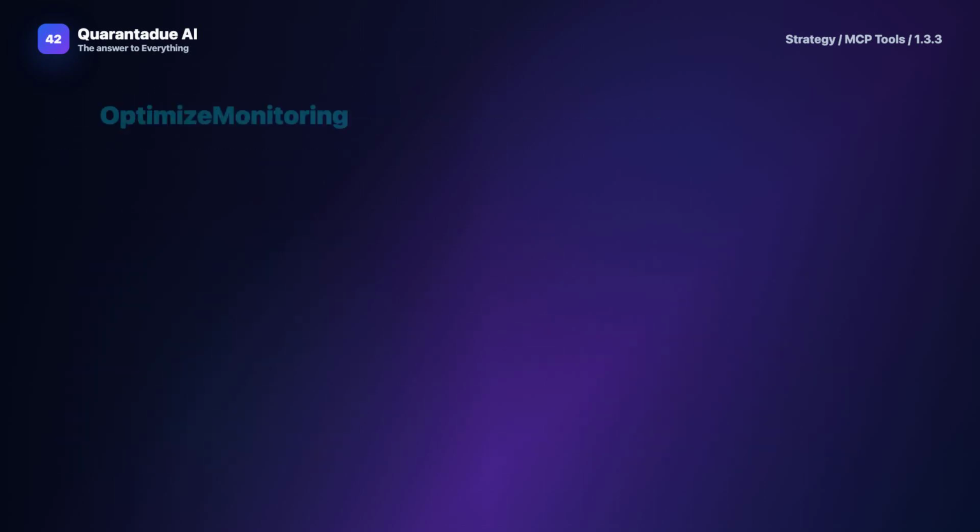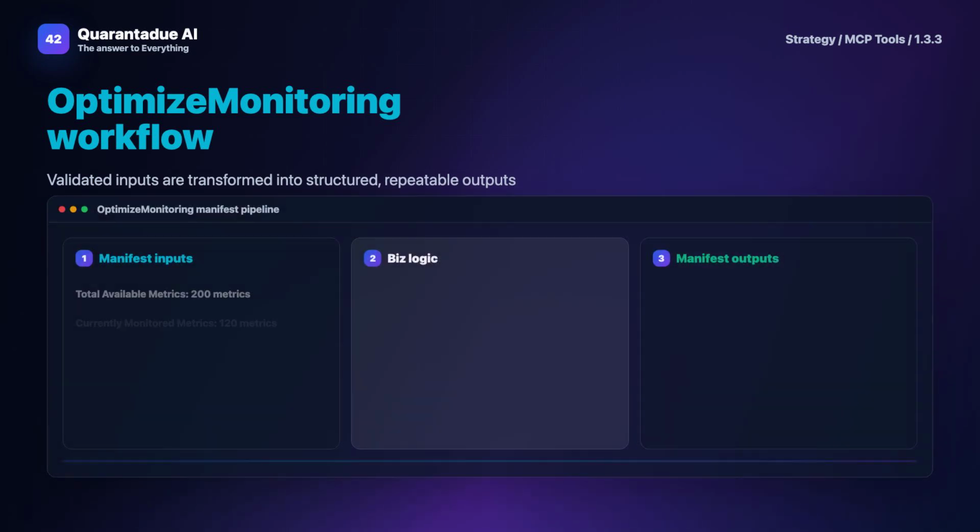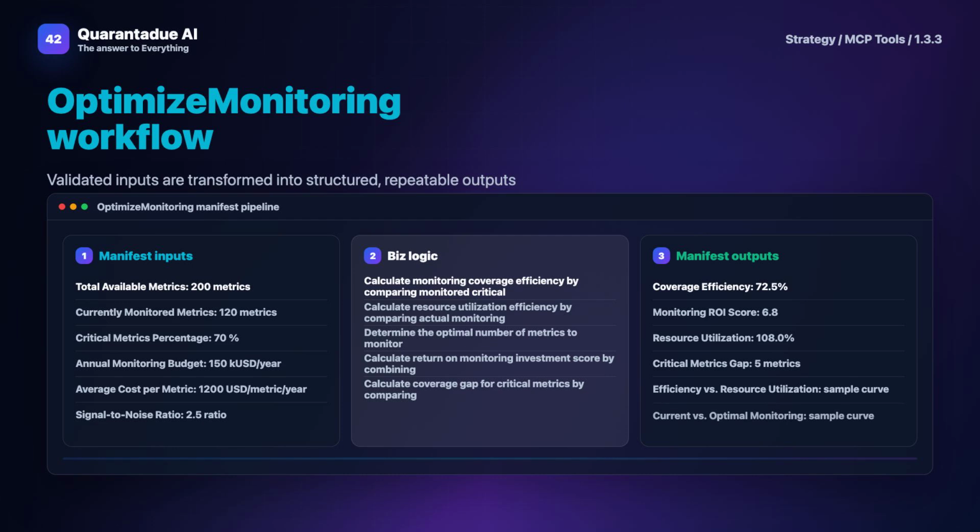The workflow then applies calculate monitoring coverage efficiency by comparing monitored critical metrics to total critical metrics, applying a penalty for over-monitoring non-critical metrics, calculate resource utilization efficiency by comparing actual monitoring spend to optimal spend that balances coverage and cost constraints, determine the optimal number of metrics to monitor considering budget constraints, critical coverage requirements, and signal quality limitations,